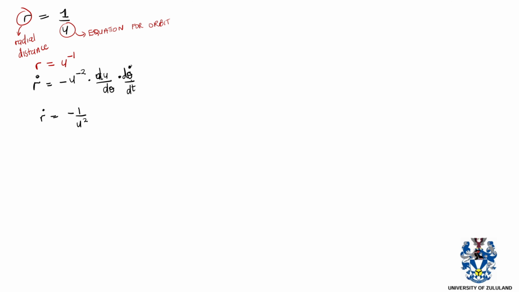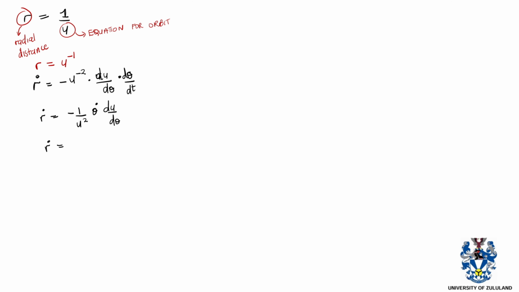And then this is d theta. Whenever we put d theta, remember that this is the first derivative of theta. So we can just write this as theta with a dot. And I will choose to just write du d theta exactly as it is. So basically here, r dot is equal to the following.